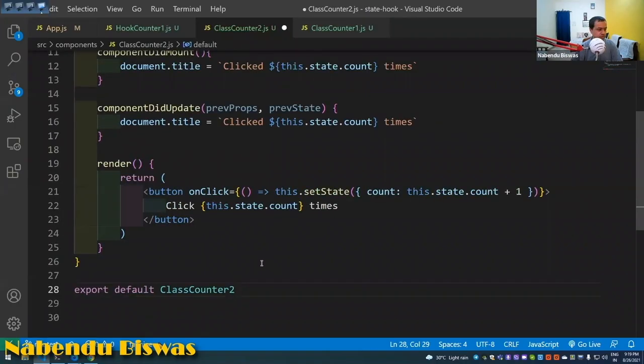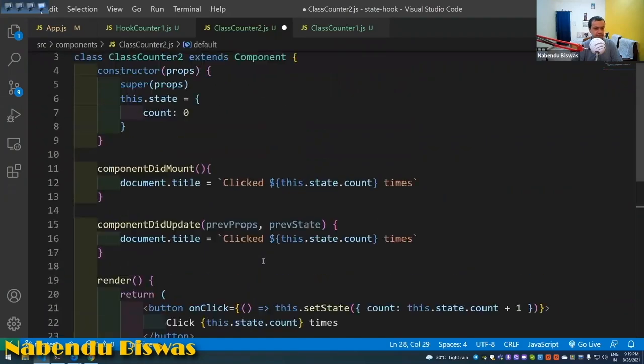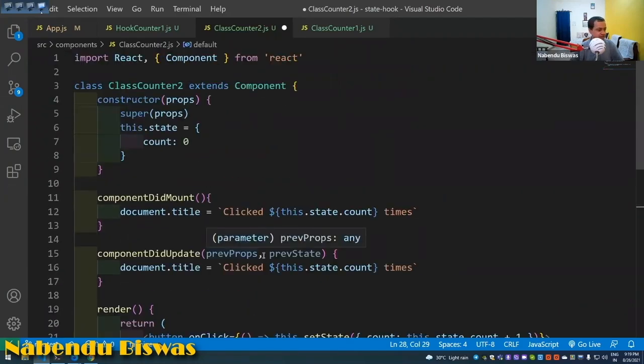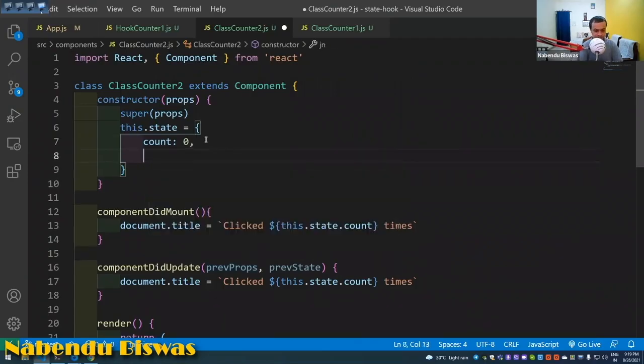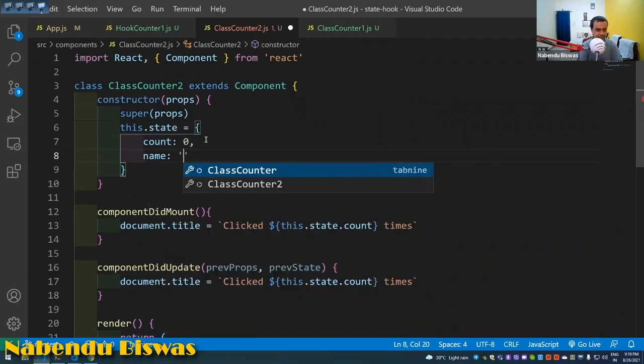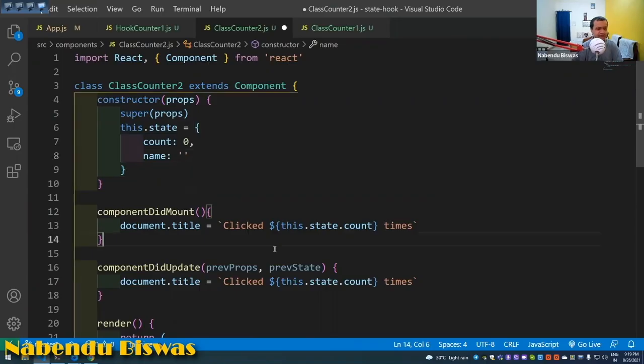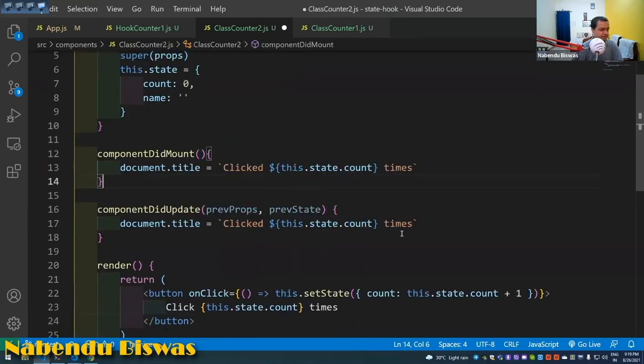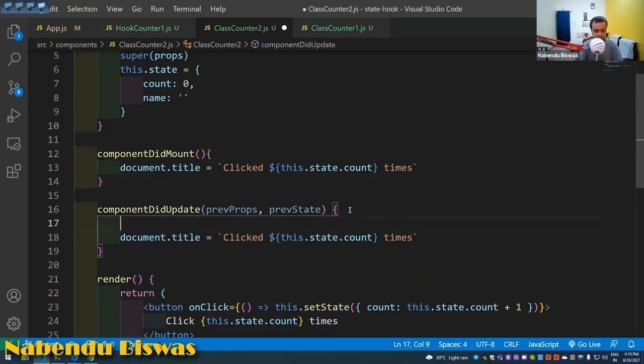Okay, so this I have done. And what we are going to have now is another state here, which is name, an empty string. So with componentDidMount, we are again changing the title. But I want to add a console log here also, console.log,